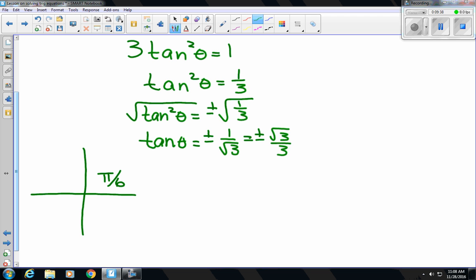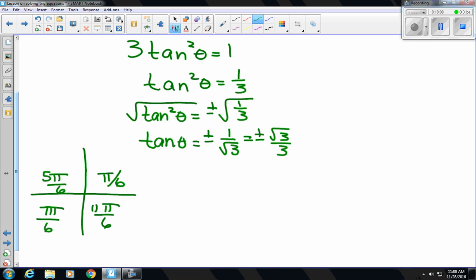So I know I've got pi over 6 here. And what about in the second quadrant? 5 pi over 6. And then 7 pi over 6. And then 11 pi over 6. Okay, so I know I have to get all 4 of those answers, but here's what WebAssign says. It says, list your answer in terms of k, the integer k. We did this before on WebAssign. So what I want you to think about is this. Another word for tangent is